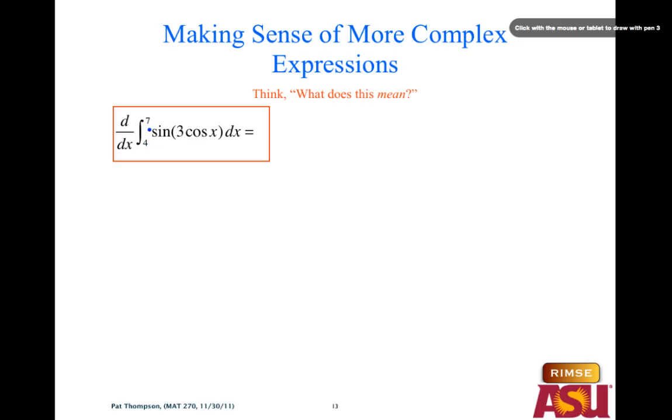What is the integral from 4 to 7 of sine of 3 cosine x? So now let me put a blue box around that. So who can tell me what that means? Just what I put a blue box around. Yes, sir? No, what does it mean? That you're trying to solve something. Okay. Good. It's the sum of lots of little bits of accumulation according to this rate from 4 to 7,